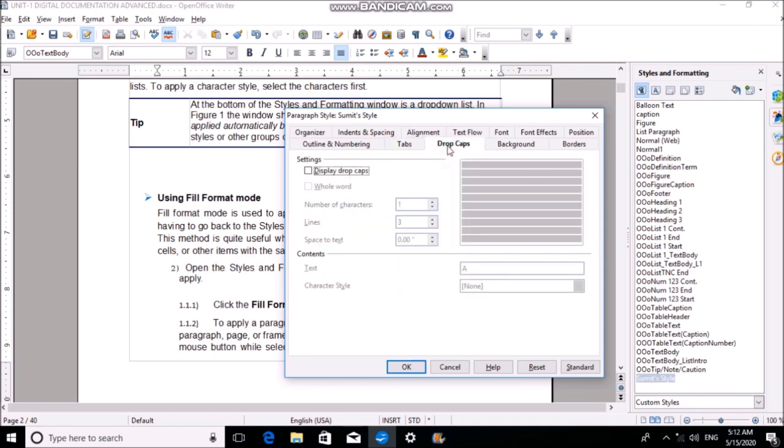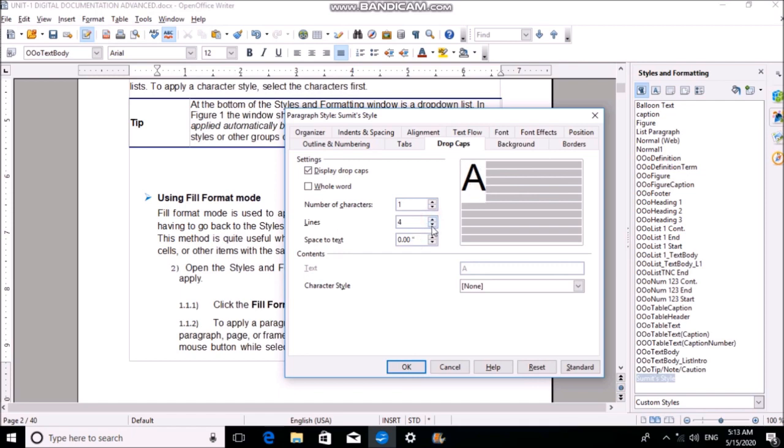Drop caps are when you are writing a word, and the first letter of the word is capital, that is known as a drop cap. Either you want your first letter, the initial, to be capital, or 2 letters to be capital, you just increase this, right? Otherwise you make it only 1.